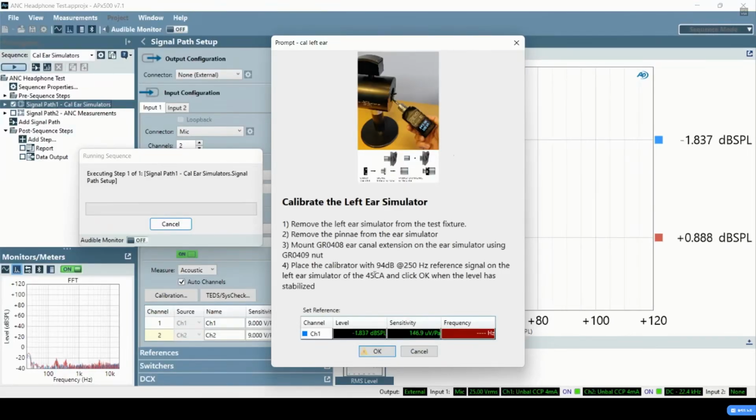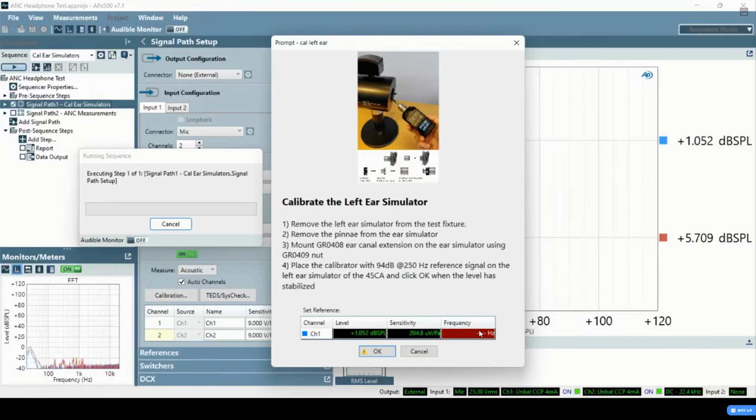For this test, I'm going to be using a 94 dB at 250 Hz reference signal. As you can see, I haven't inserted the ear simulator inside the sound calibrator, and that's why right now I'm only measuring noise that you can also see here in the FFT meter. The frequency box is also marked in red because I configured my system to measure a frequency of around 250 Hz. Now I'm gonna mount the sound calibrator